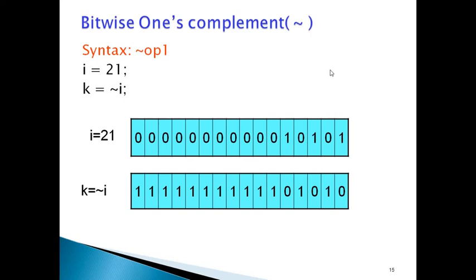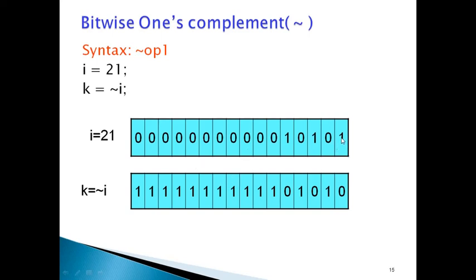After performing the ones complement, the K value is equal to 1 1 1 1 1 0 1 0 1 0. All left side bits are modified as ones, and wherever the 1 is there, that bit is converted to 0. As shown in the figure,